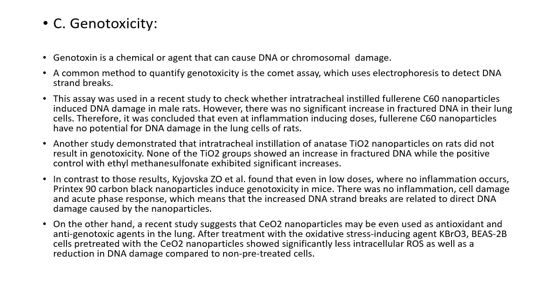Genotoxicity. A genotoxin is a chemical or agent that can cause DNA or chromosomal damage. A common method to quantify genotoxicity is the COMET assay, which uses electrophoresis to detect DNA strand breaks. This assay was used in a recent study to check whether intratracheally instilled fluorescent C60 nanoparticles induced DNA damage in male rats. However, there was no significant increase in fractured DNA in the lung cells. Therefore, it was concluded that even at inflammation-inducing doses, fluorescent C60 nanoparticles have no potential for DNA damage in the